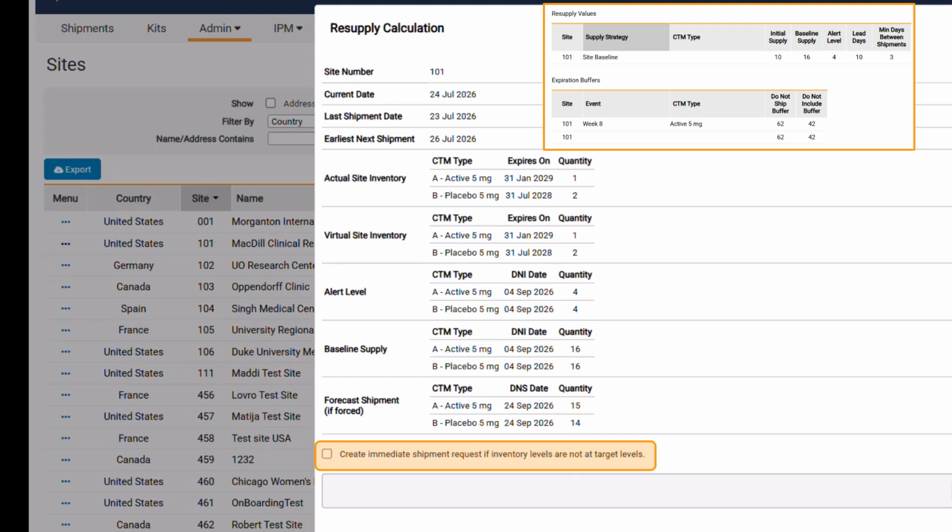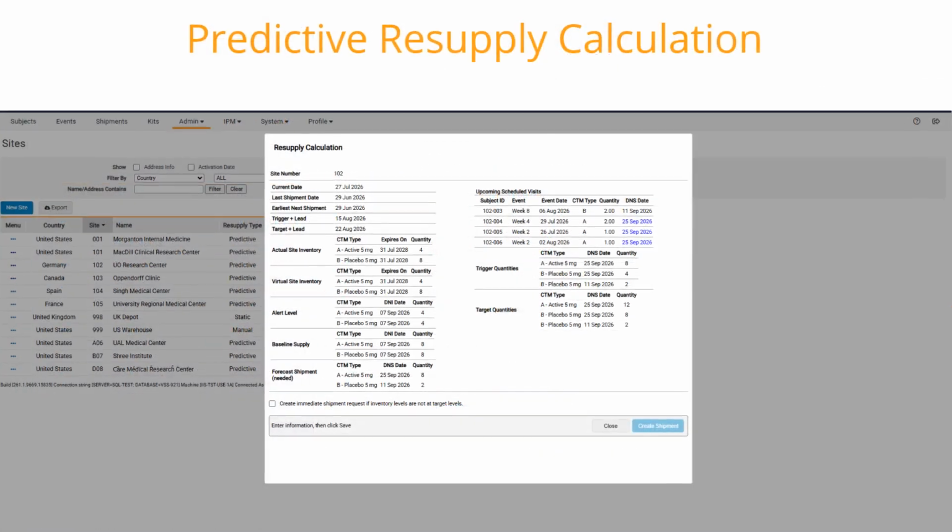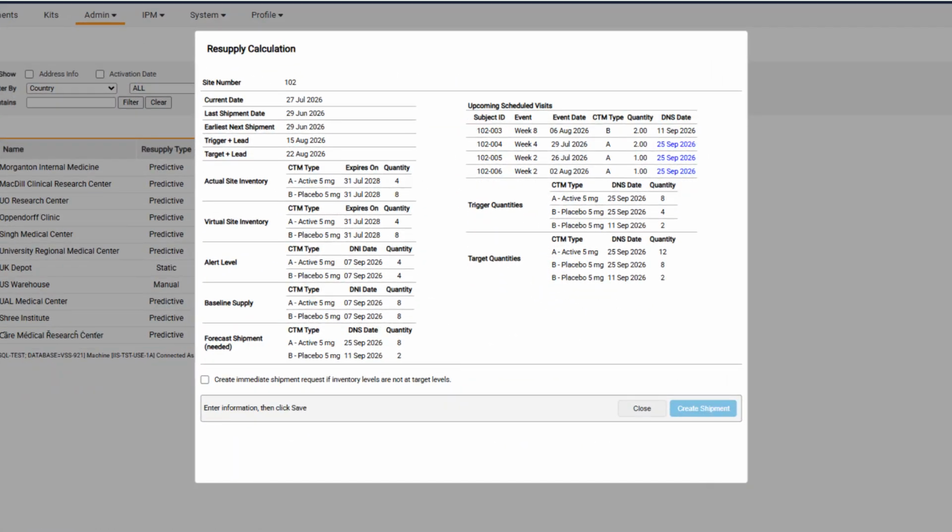The Do Not Ship date is also displayed. This date is based on today's date, plus the applicable Do Not Ship buffer of 62 days. The system will not include any kits in the shipment that have an expiration date that is prior to the Do Not Ship date. If a site is using predictive resupply, then we will be able to view a more